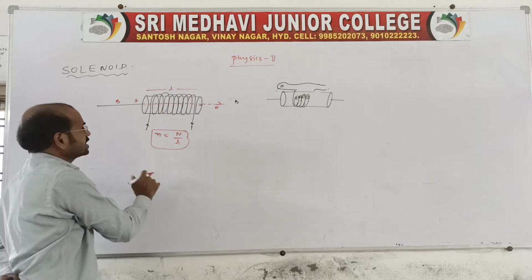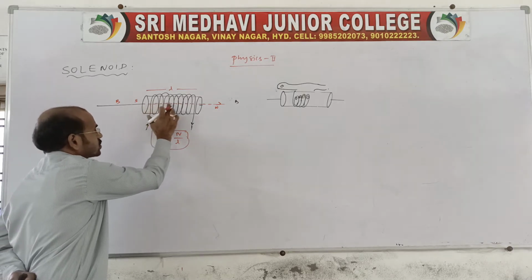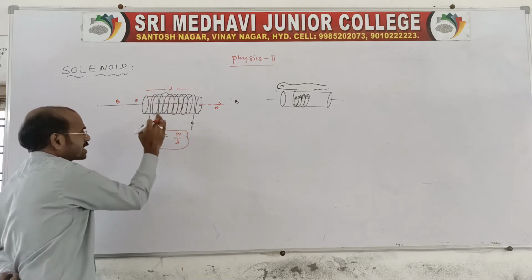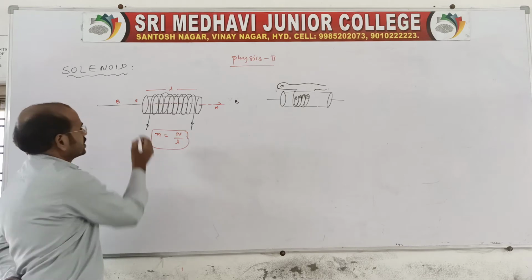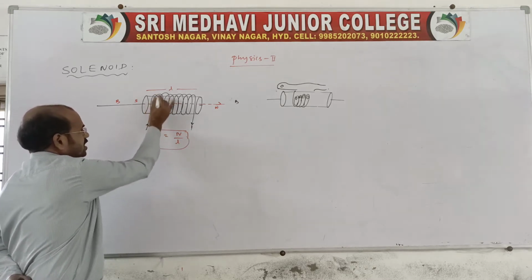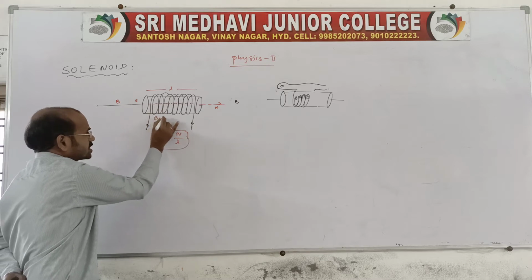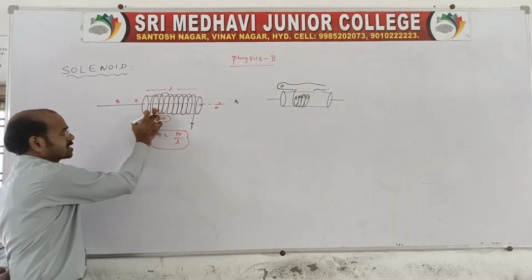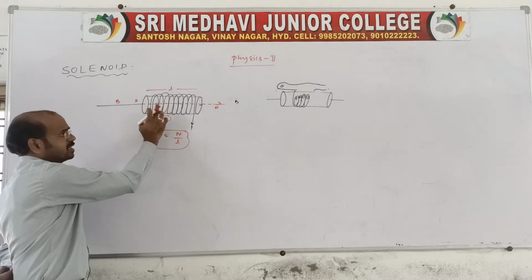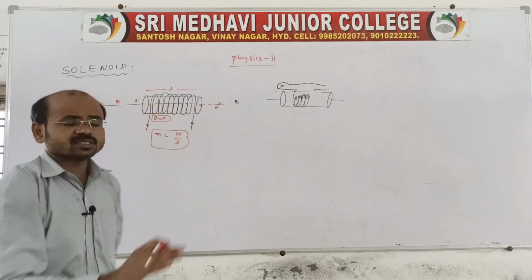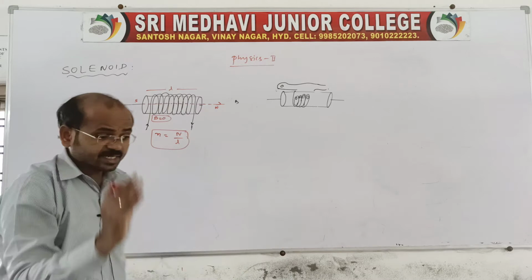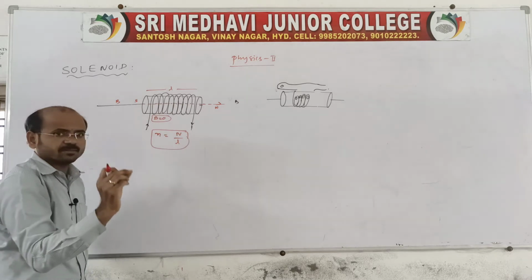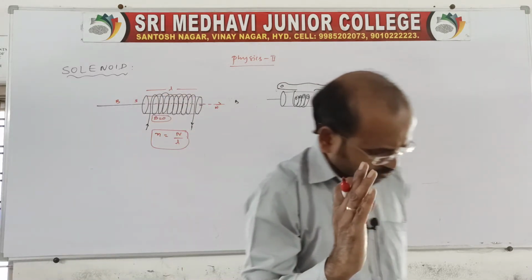Here the magnetic induction is obtained only at the center of the circular coil, not outside. Outside, the magnetic field induction is cancelled, because the current flows clockwise and anticlockwise, so the magnetic field induction outside the solenoid is 0, as they cancel one another. This produces clockwise magnetic induction and that produces anticlockwise. Outside the solenoid it is 0, but inside it is maximum. It is indicated with a dot like this.